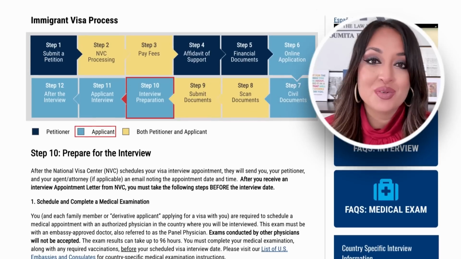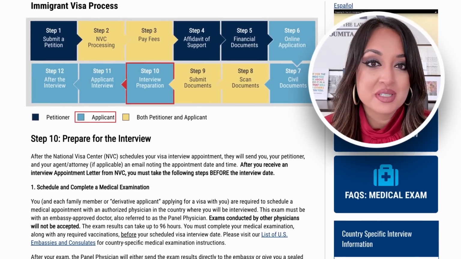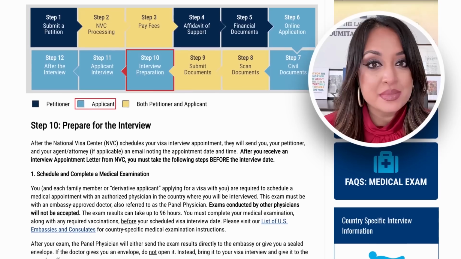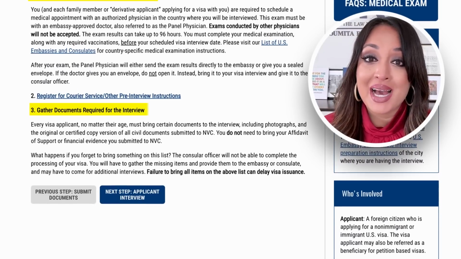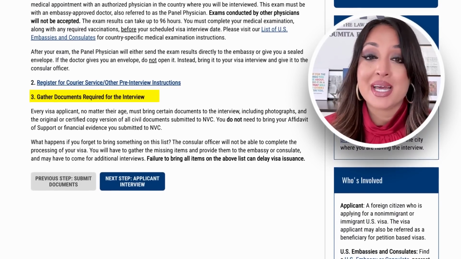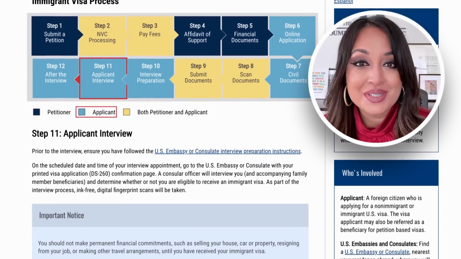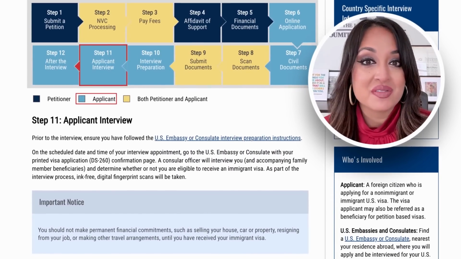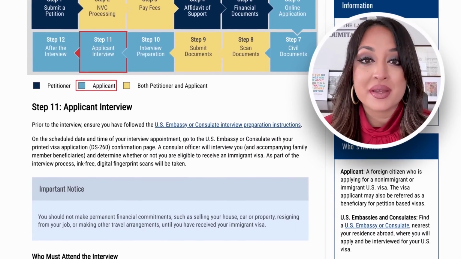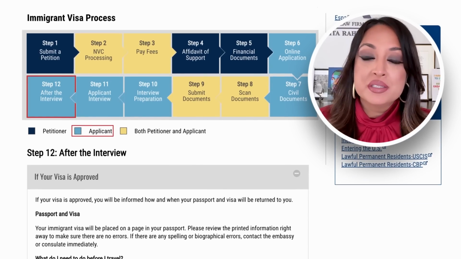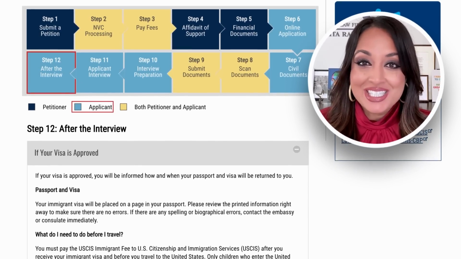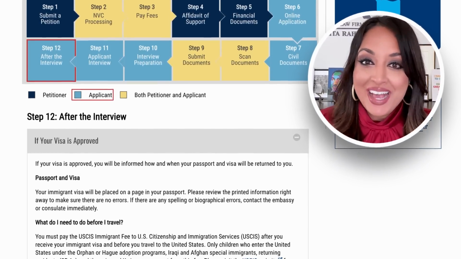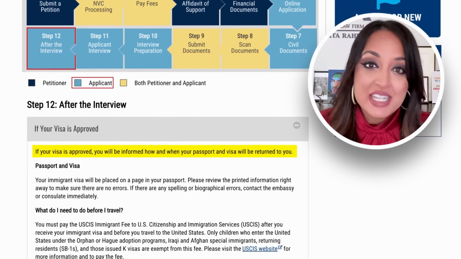Once the interview is scheduled, your relative will have to take some further actions. Sometimes this means that they have to get a medical exam. Also, it might mean that they have to refresh certain documents and bring new evidence to the interview. They must prepare well and then present themselves at the consulate in front of the consular officer for their appointment. Now, once your interview has been held and you have answered all the questions and passed the interview with flying colors, your relative will get their passport back.